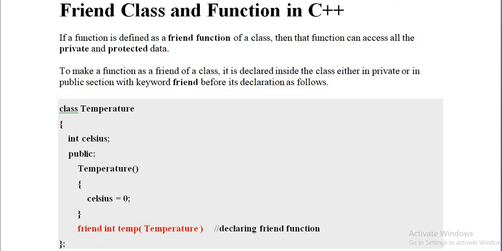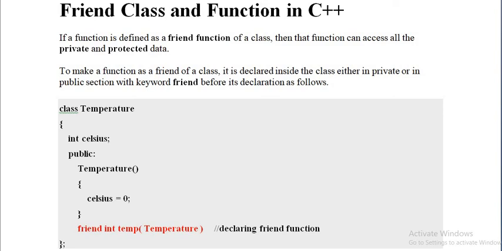Just recall your classes and objects. The data which is private can be accessible to the member functions of that particular class. It cannot be used outside the class. If you want to access it, you can access it through the member functions of that particular class only. So as per your textbook notations, a non-member function cannot access private data. What do you mean by a non-member function? A non-member function is a function which does not belong to that concerned class.